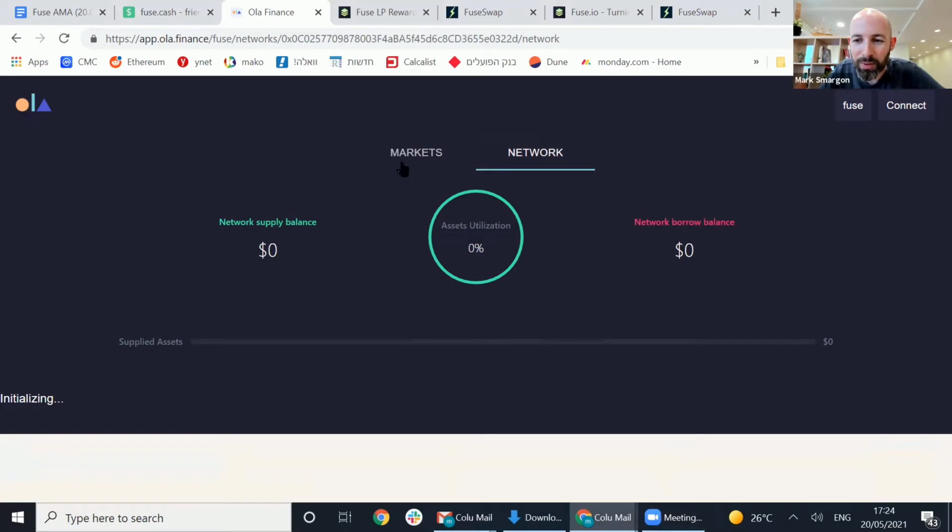They're building a Compound protocol for the long tail of digital assets, which is perfect for Fuse, because Fuse is a platform where any community can create their own token,